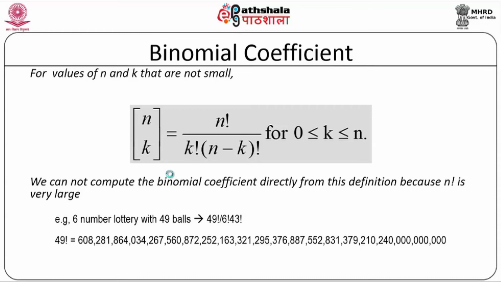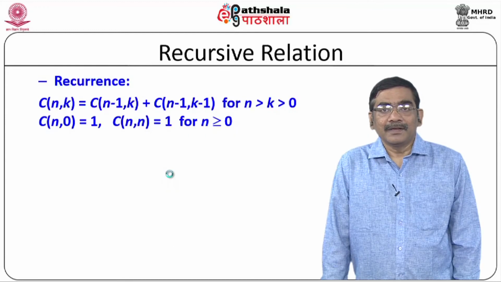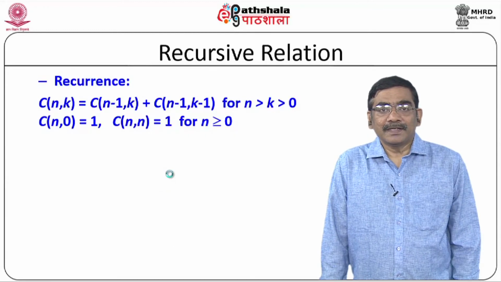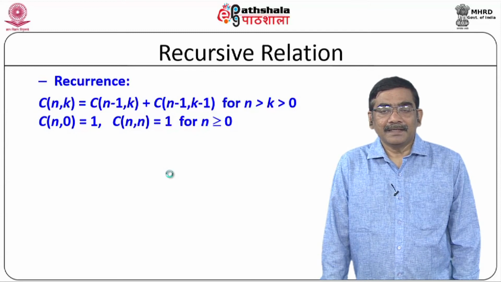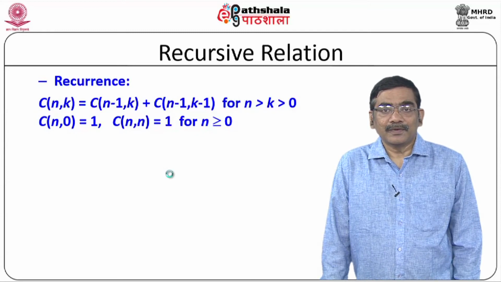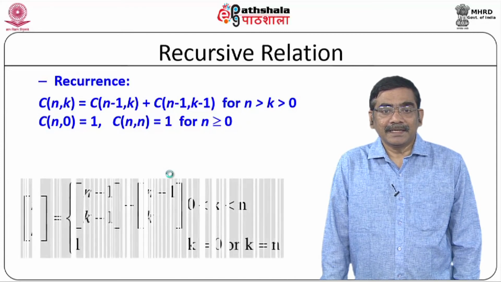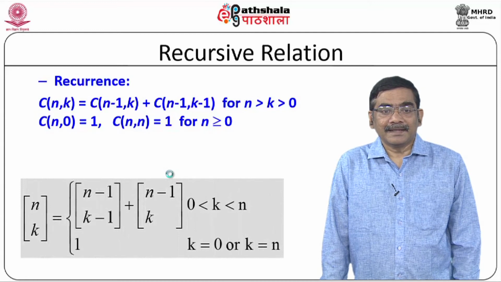So, what is the solution for this? The solution is very effective. It is nothing but the dynamic programming approach, where we have to define a table so that instead of recomputing again and again, we can put it into the table and simply refer to that. So, the steps of dynamic programming need to be applied. The first step is to form the recurrence equation. The recurrence equation is given like this.